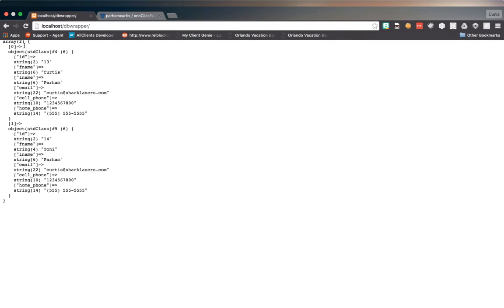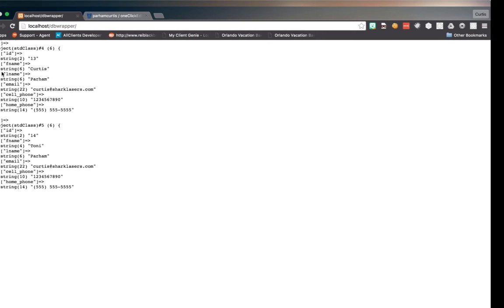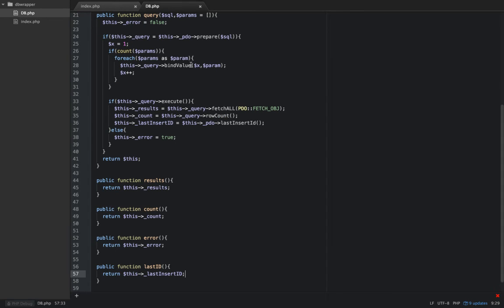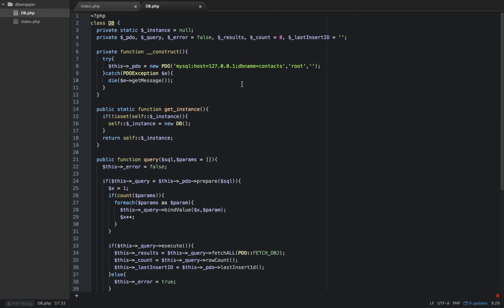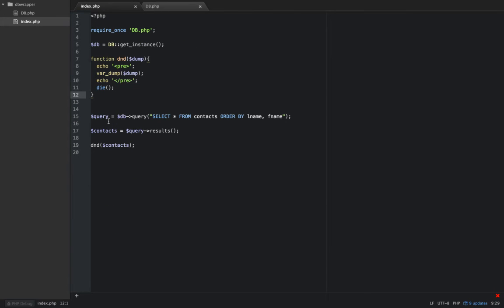So our results is an array of objects. Okay, so it's important to understand, and that came from our fetch all method here. We set the results equal to that, and then we actually ran that function on our query object. So query, and we ran the query, and then contacts is actually equal to this. So then the other thing that we can do